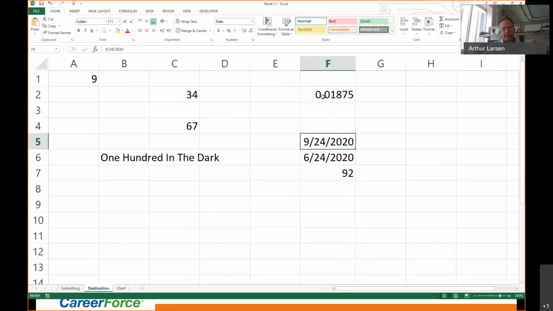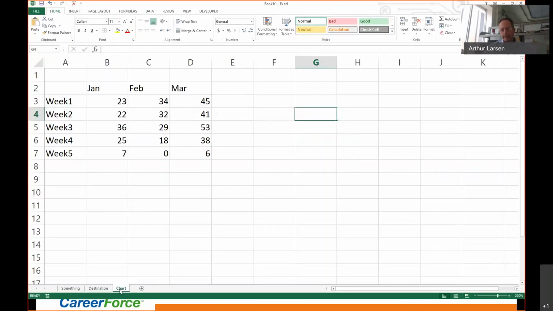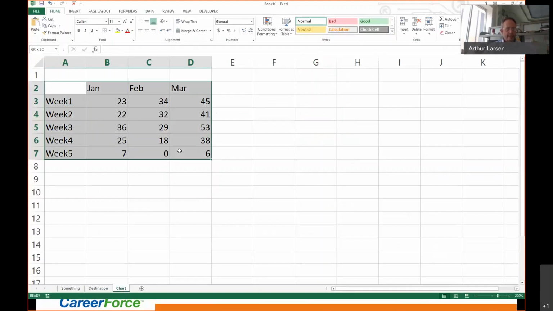Okay, so I had a sheet, and by the way, this is a great example of why we specifically name worksheets. If I had to hunt through for this, sheet 1, sheet 2, sheet 3, I wouldn't have known what to do, but I named this sheet chart. So I just clicked on it, and now I have that data to work with. So in a live situation, I can select this. I go to